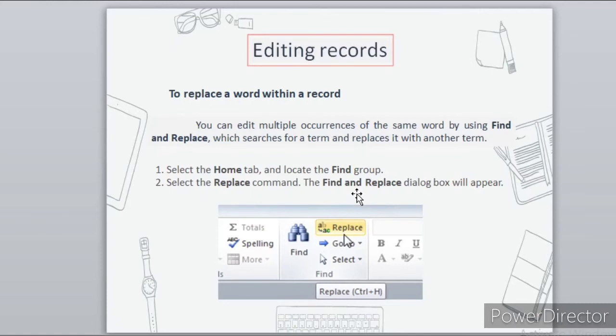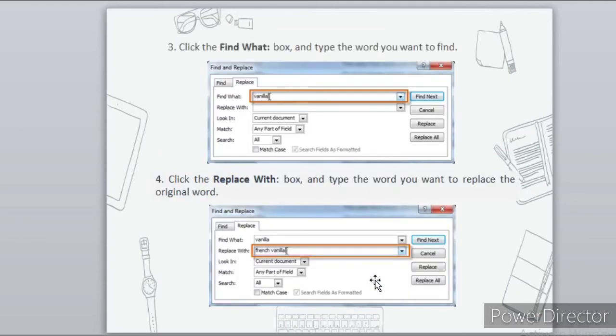Select the Home tab and locate the Find group. Select the Replace command. The Find and Replace dialog box will appear. Click the Find What box and type the word you want to find. Click the Replace With box and type the word you want to replace the original word.